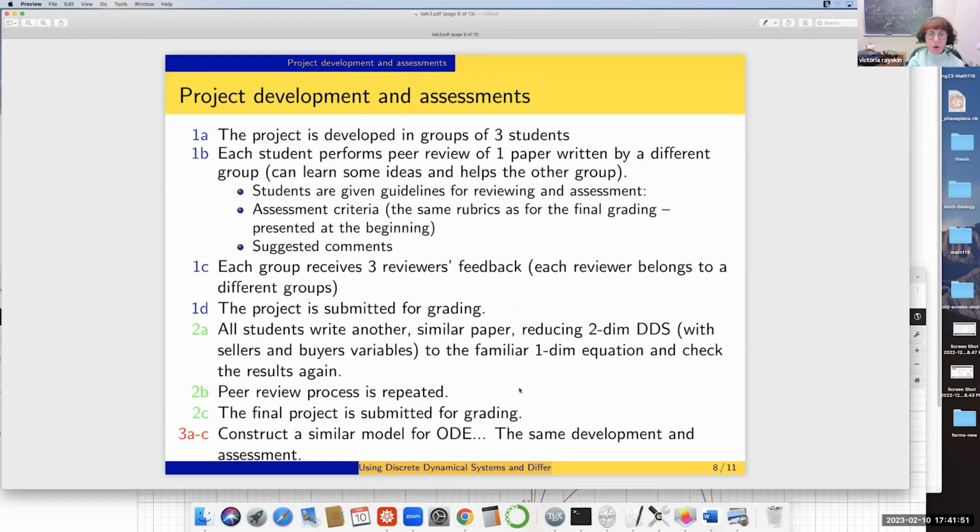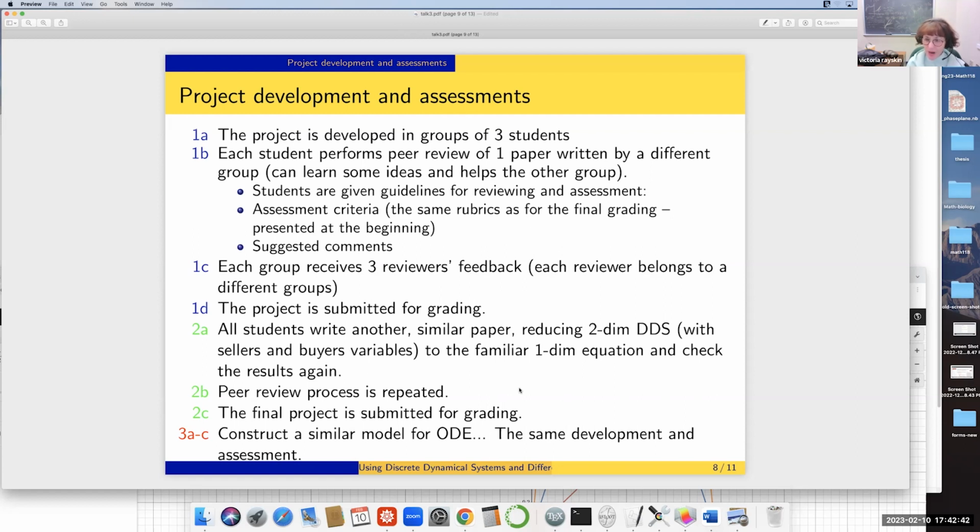This is quite a challenging problem for Calc 2 students. And the process of the project development is also very interesting. So students work in groups of 3. They write the project together, and then they submit this paper for review. Their paper is reviewed by other students, and each group receives 3 reviews from different groups. While reviewing other students' papers, they also learn something from them, and then they can improve